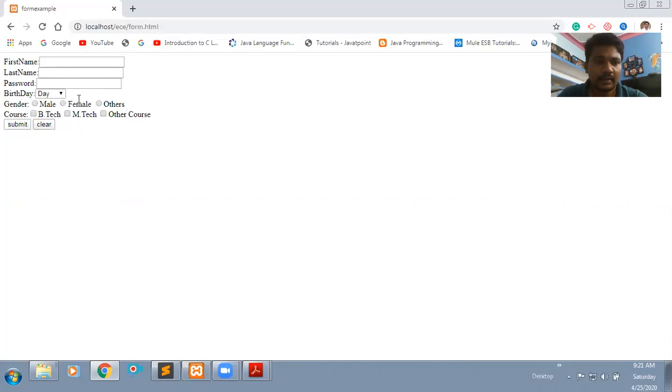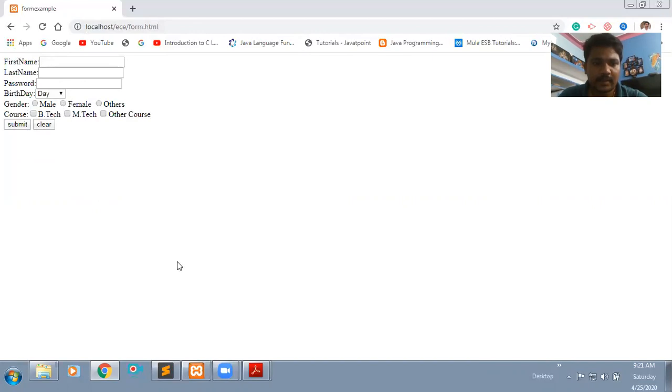Once I click on this submit button, I need to process this data. Where will this data be submitted? Once I click on the submit button, data is transferred through HTTP protocol. Wherever you want to submit this data, the data is submitted to the server.